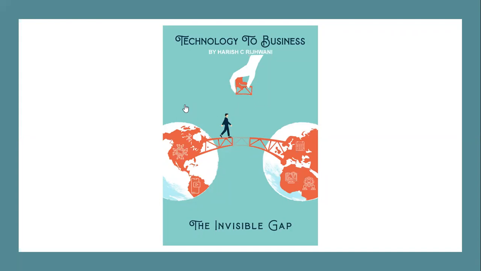On the left hand side you see icons of a mobile, an IC, Bluetooth. Those are all technology, all technical stuff. But on the right hand side, you see a calculator, that is numbers. Then there is some graph, and a group of people. So that is what technology to business primarily focuses on.